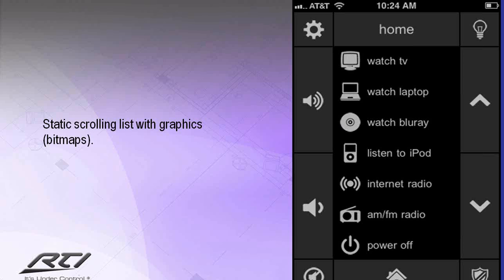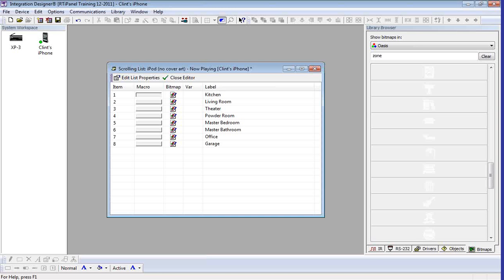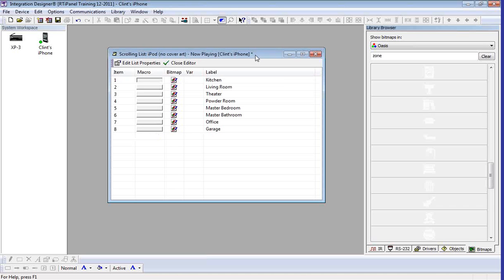All right, back to Integration Designer. One more iteration that I want to show you on the static or one-way scrolling list would be done exactly like that. So let's say that we want to have a variable on here. This would be commonly used maybe with lighting loads or zone control. I want to see if that zone is on or off. You're going to see a variable column in here. By simply dragging a Boolean variable in here,